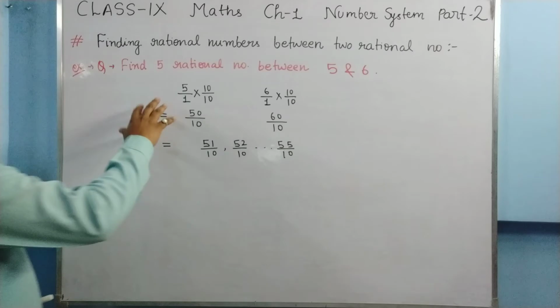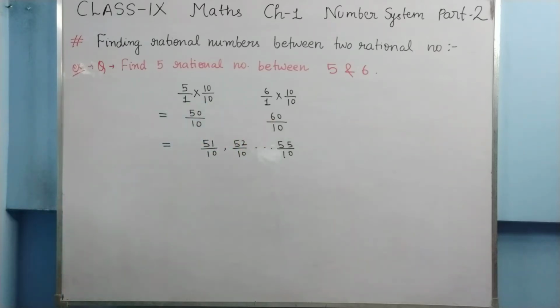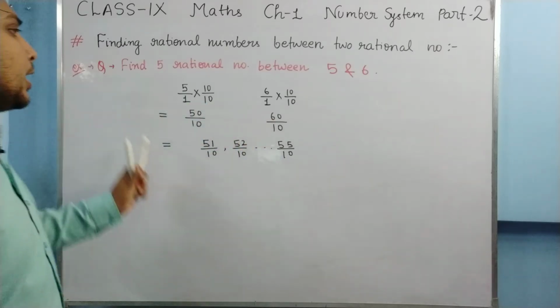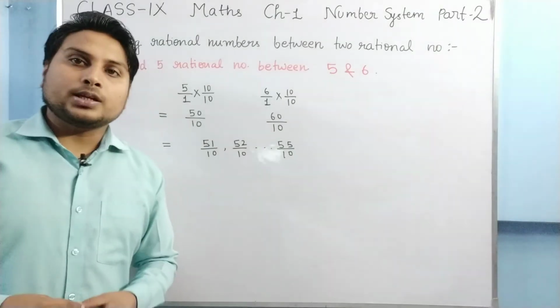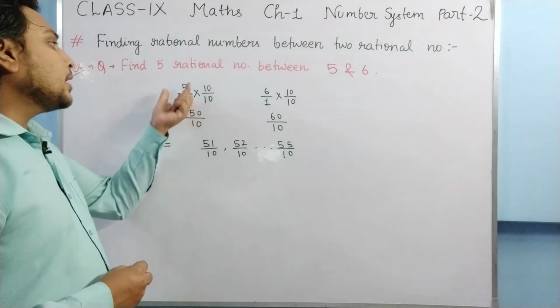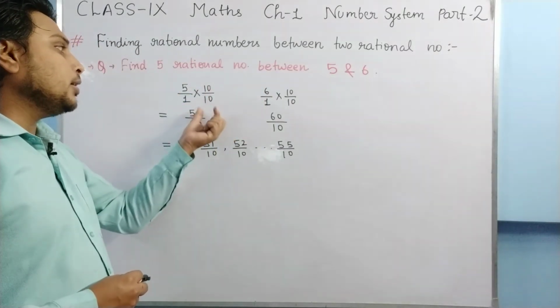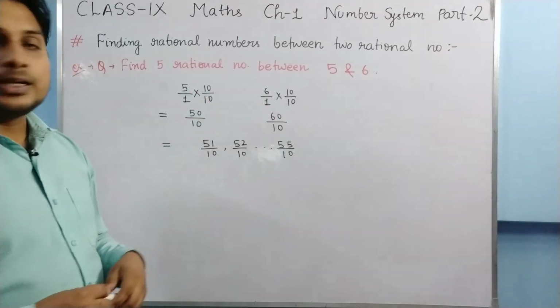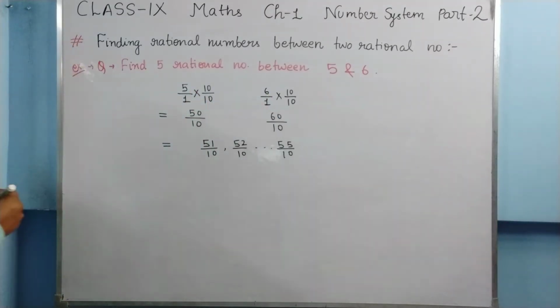Firstly, we will see whether the denominators are equal or not. If the denominators are equal, you can compare the numerators, and if there is a need of increasing the gap of the numerators, you can multiply by 10 upon 10. Okay,